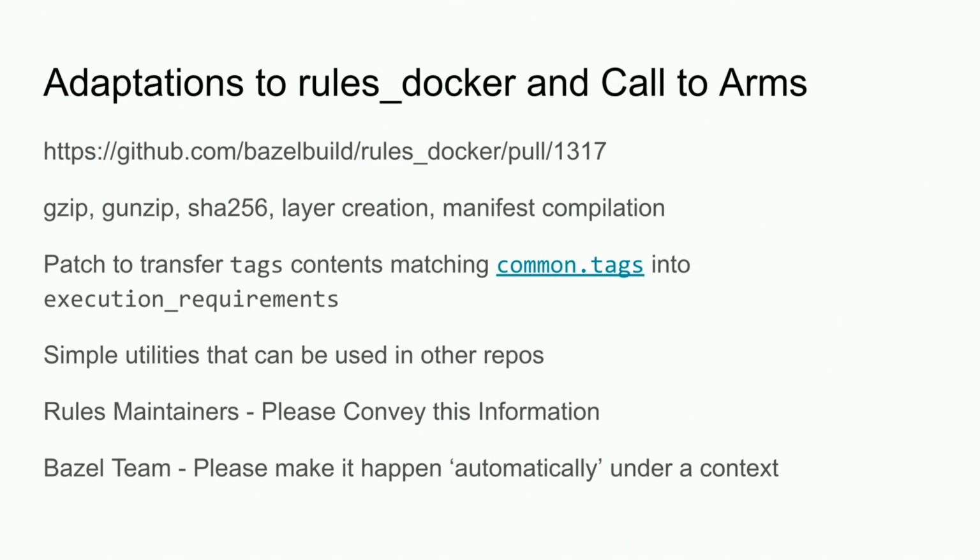So I had some adaptations to rules_docker, and here's a call to arms to all the tools developers, and I hope the Federation guys in the room, because maybe we can enforce this in terms of a standard. Everybody should be transferring tags, content, into execution requirements. If you're not doing that, you're giving me rules that I have no control over. You're giving me the ability to exhaust my remote endpoint without patching your code. And I've done it on Docker, and I'll do it on